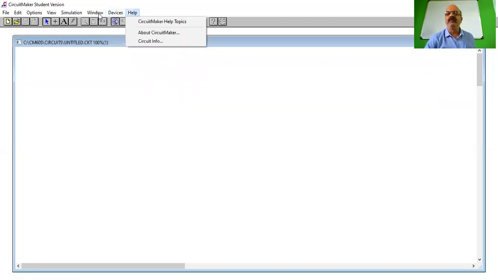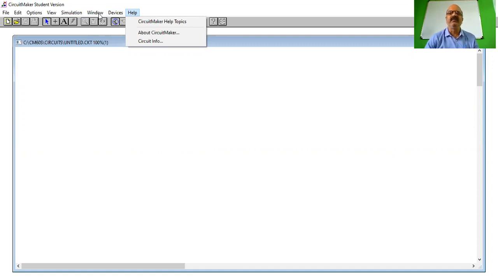With the help menu, you can just see how to use this Circuit Maker software. All the proper notices are given on how you should make use of Circuit Maker, how to select the component, how to place the component, how to connect the component.